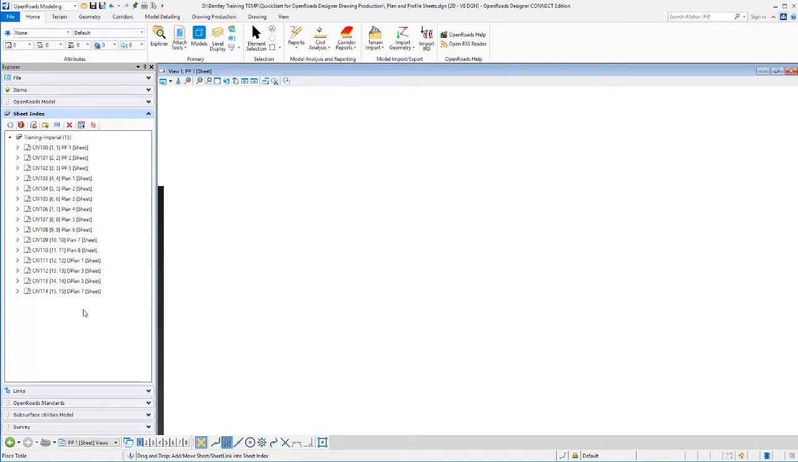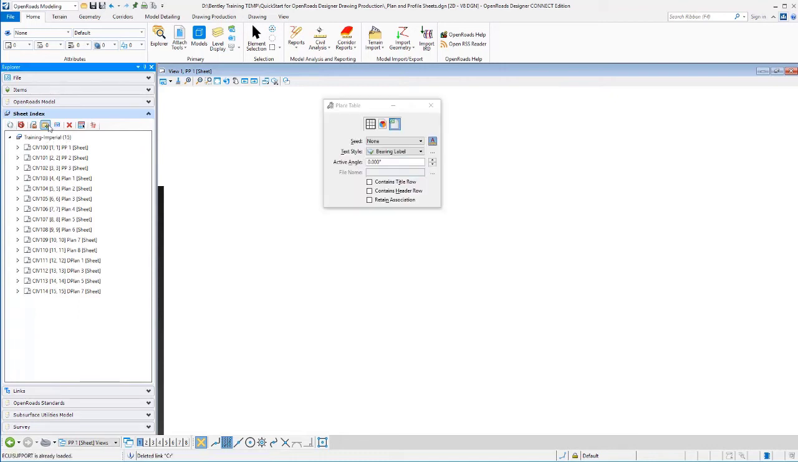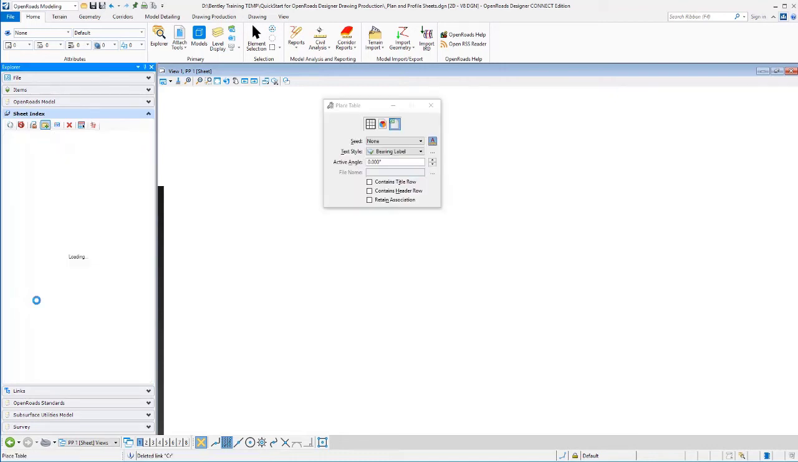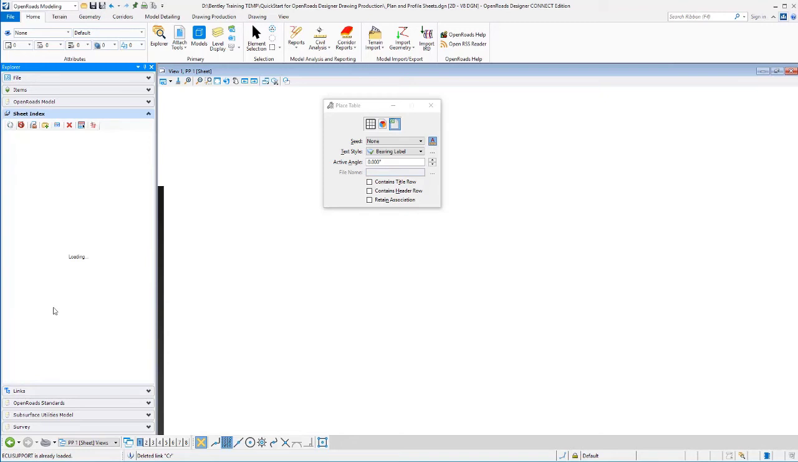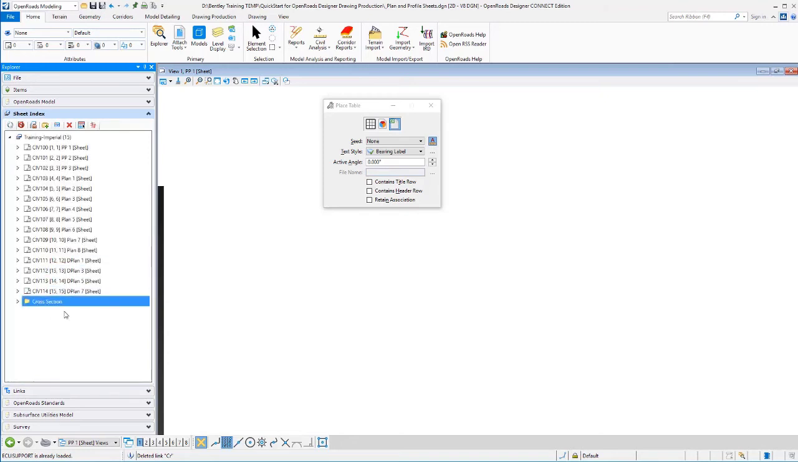Now you can bring in additional sheets. Perhaps you forgot to bring some sheets in when you first created them. So you can import additional sheets here with the Add Sheet tool. You can also create folders and organize sheets into folders. So let's go ahead and create a folder named Cross Section, and we'll bring our cross section sheets into that. So we'll set that folder active, go to the Add Sheet tool,